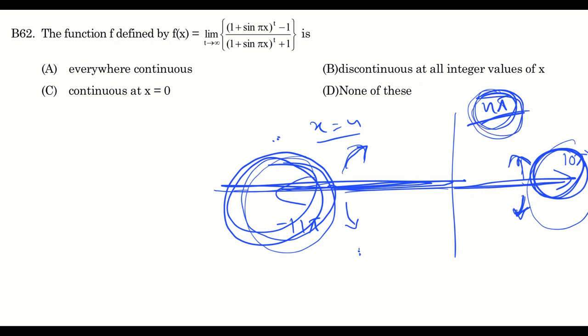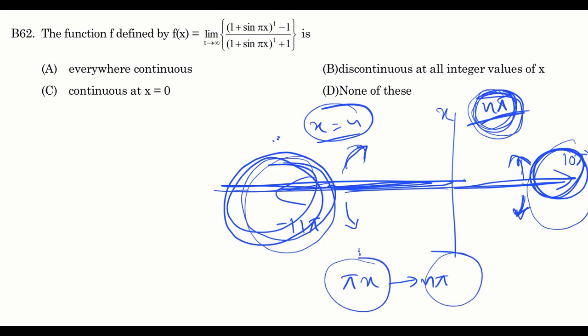So whether n is positive or negative, n is even or odd, at n pi, one side sin is positive and the other side negative. Not sin n pi, exactly sin pi x. When x is close to n, then pi x will be close to pi n or n pi. So if you are to the right of n pi, if sin pi x takes a positive value, then the other side it will take a negative value, irrespective of the parity of n, that is whether n is even or odd.